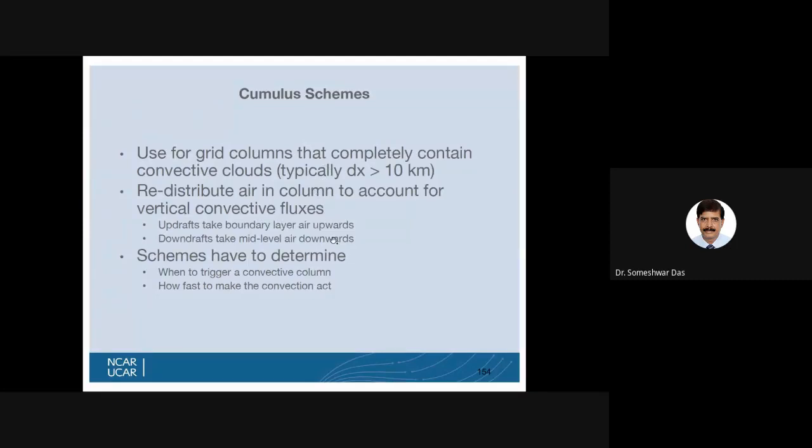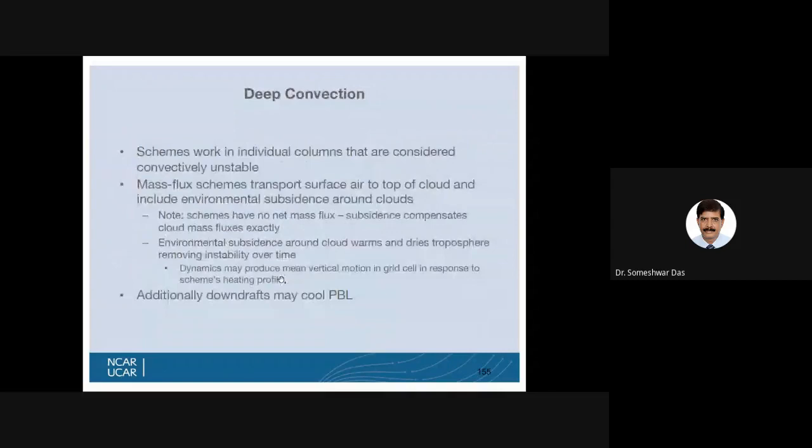The schemes have to determine when to trigger a convective column and how fast to make the convection act. You are trying to parameterize the effect of deep convection, and the schemes work in individual columns that are considered convectively unstable.